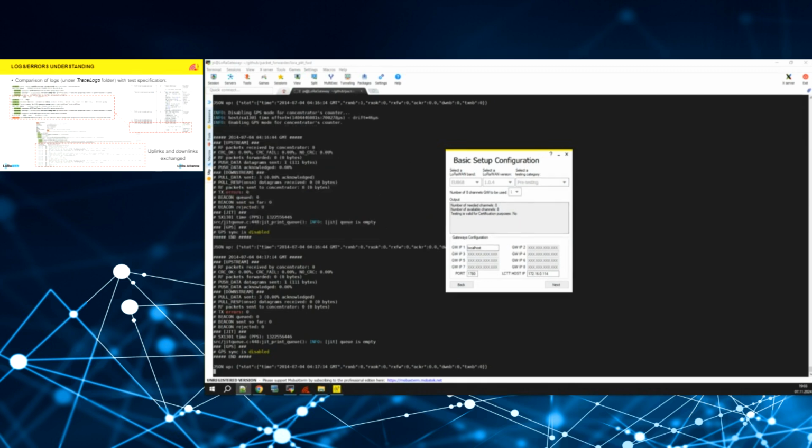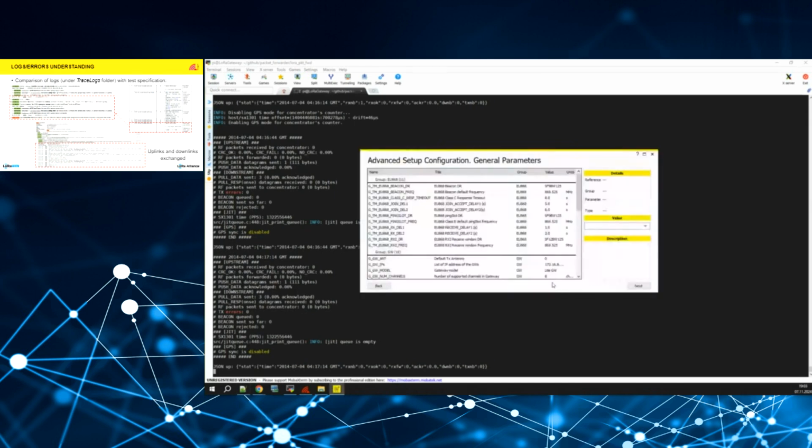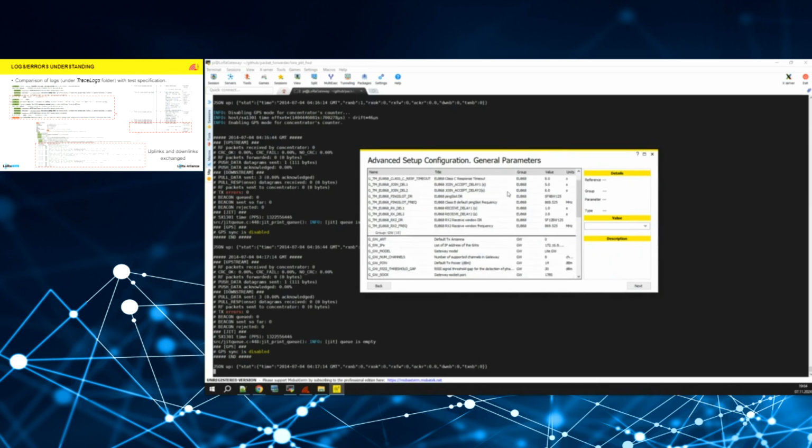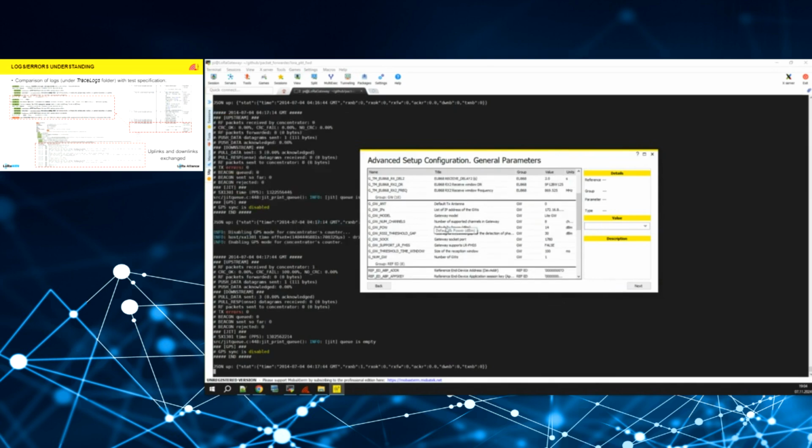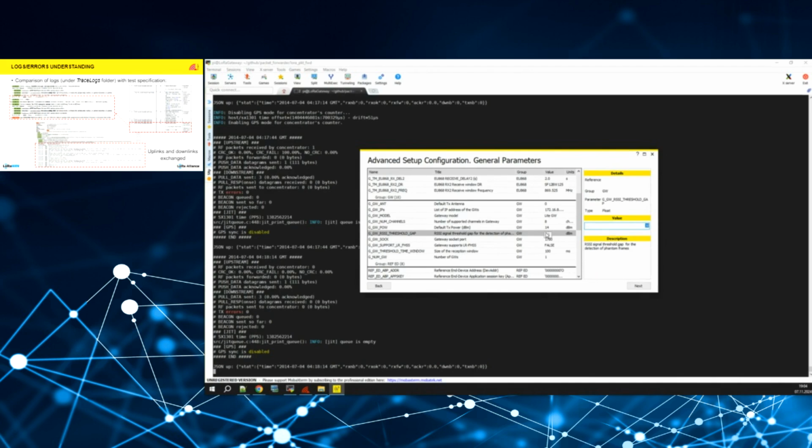If you select the normal certification, we could continue with the IP address of the gateway and the IP address of the computer where the LCTT is installed. Here you have some general parameters that are used by default by the LCTT. Usually you don't need to modify those parameters. Some parameters that could be important depending on the setup are the gap to be used in order to filter some phantom frames. So here there is a value that could be used: if a phantom frame is received with a signal level greater than 30 dB, for example, it will be discarded by the LCTT. So maybe you need to modify these parameters in your setup,